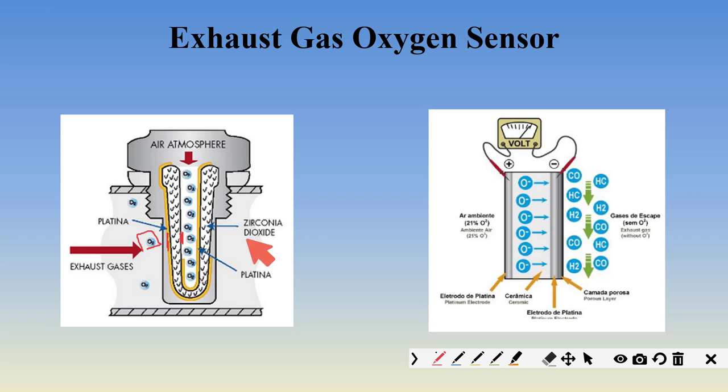Why? Because oxygen will lose an electron and become charged. Oxygen will lose an electron and this electron will flow from the outer side to the inner side. Thus there will be a voltage difference over here. This voltage difference will be directly proportional to the difference in concentration of the oxygen particles. What does that mean? If there is more oxygen difference,